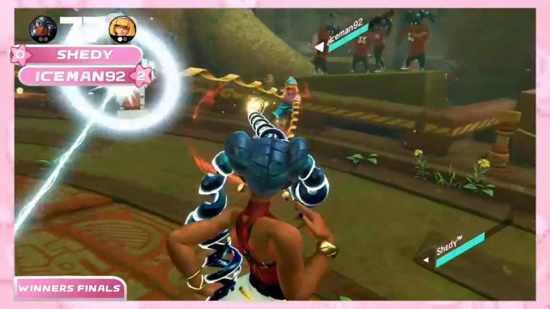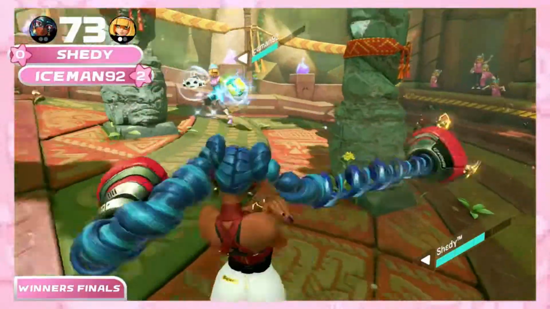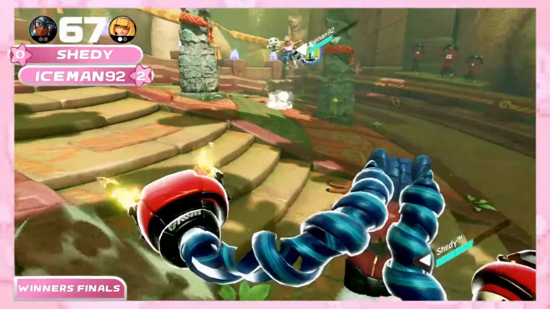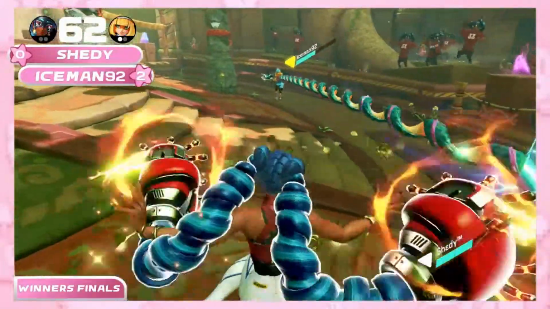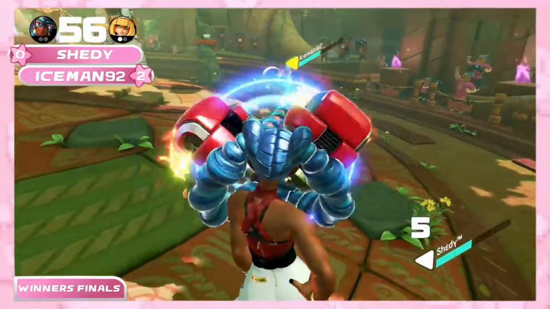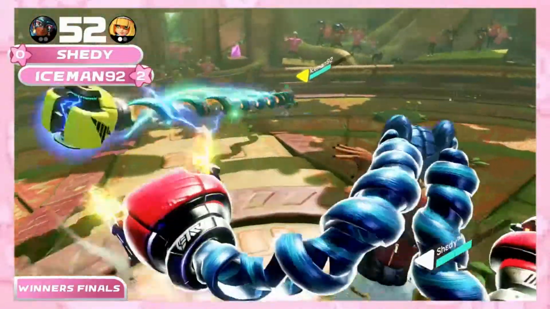Shady using that rush to knock down Iceman, and is going to be trying to use this disadvantage phase of Min Min to get as much damage as possible, but that is a shock, that is a dragon hit, that is a knockdown, and Iceman has the advantage again, having the rush. Shady almost having the rush built up, but